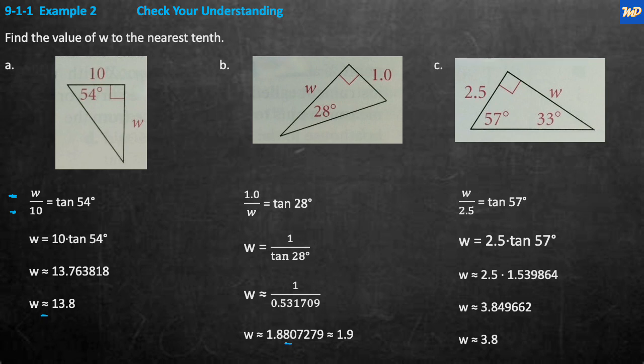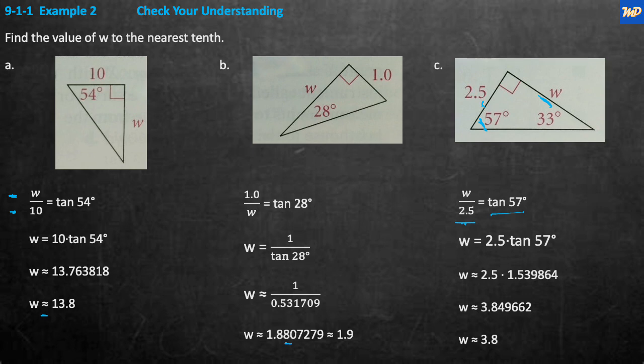So W divided by 2.5 is the opposite of 57 degrees. Here's 57, and here's the opposite of 57 degrees, W, divided by 2.5. So that's it. W divided by 2.5 is equal to the tangent of 57 degrees. And W, then, is equal to 2.5 times